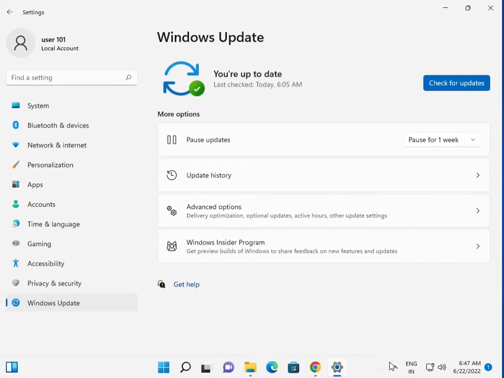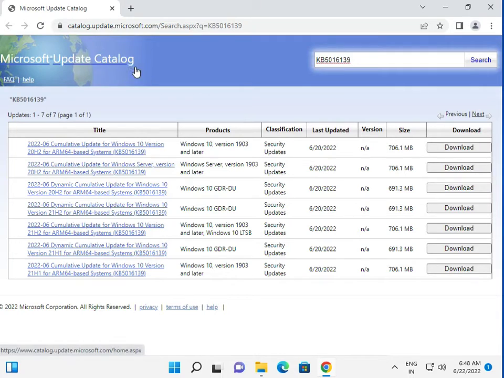Okay, so I give you the link in the description. You just copy it and paste it into the Chrome browser and then press enter. So what is this link? Guys, this is catalog.update.microsoft.com. Search for the update, so rollback now. So you search for